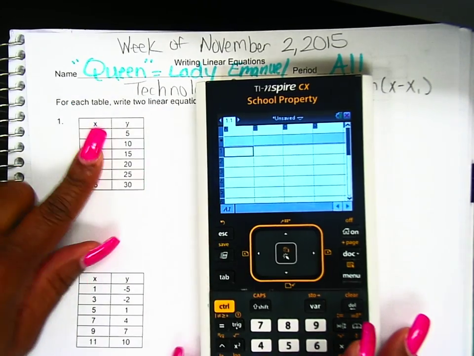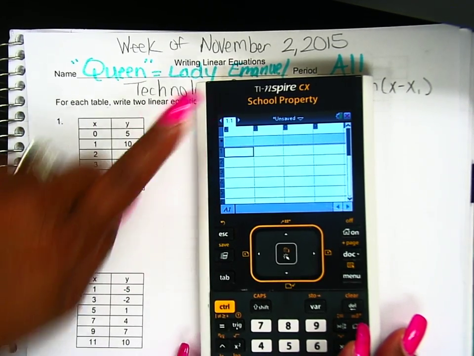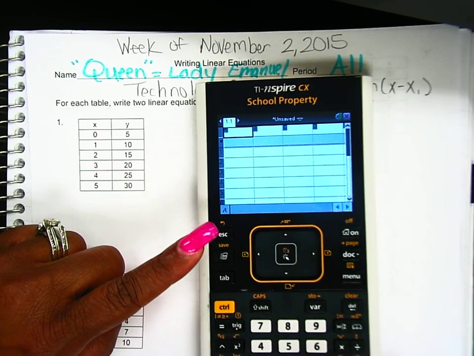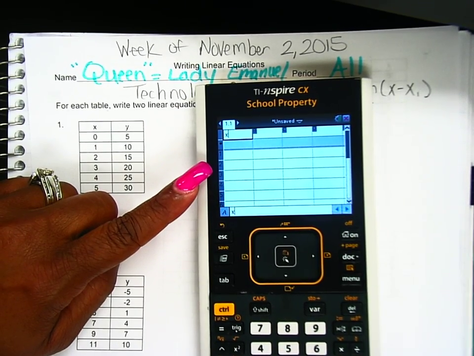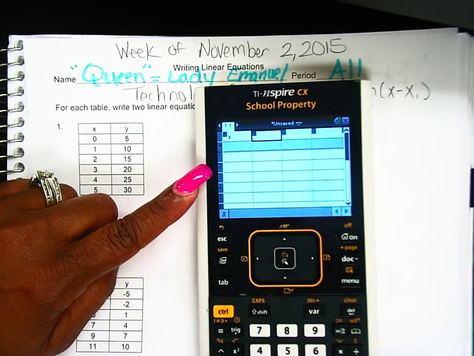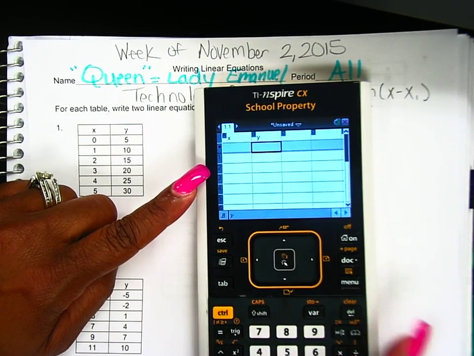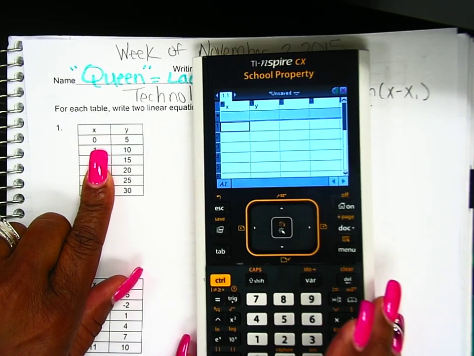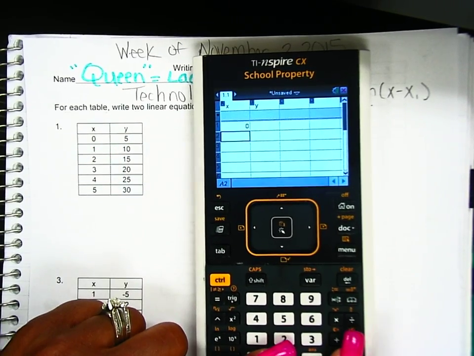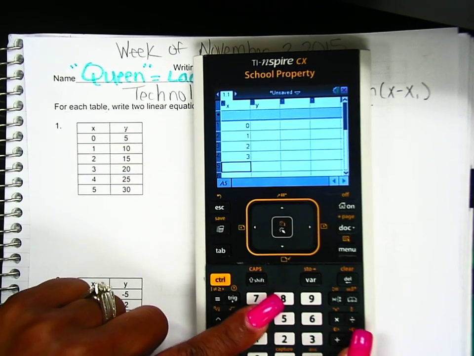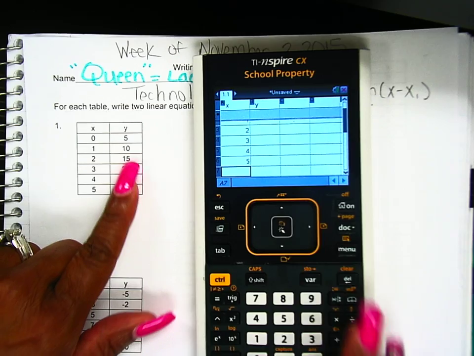And here, notice we have X and Y. Here it says A and B. Let's go ahead and change that. So we're going to press up, move the cursor up, press the X key and press enter. Go over to the B, change the B to Y, press enter. Then I'm going to enter the information in just like it is. It says 0 here, so I'm going to press 0, then 1, 2, enter, 3, enter, 4, enter, 5, enter,